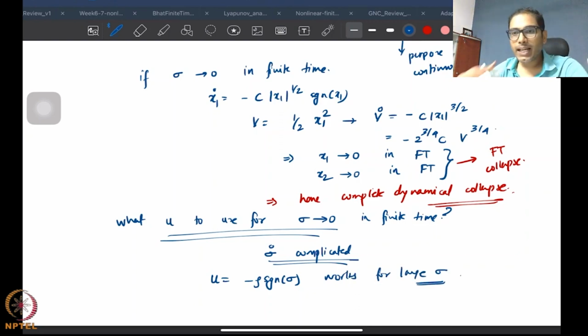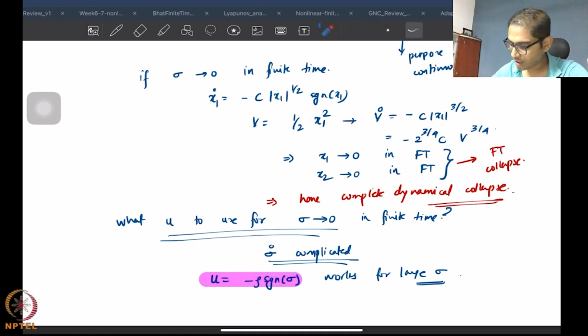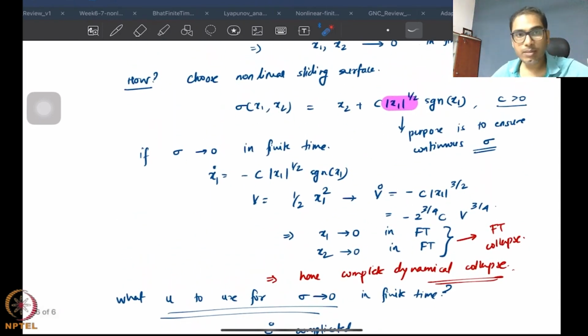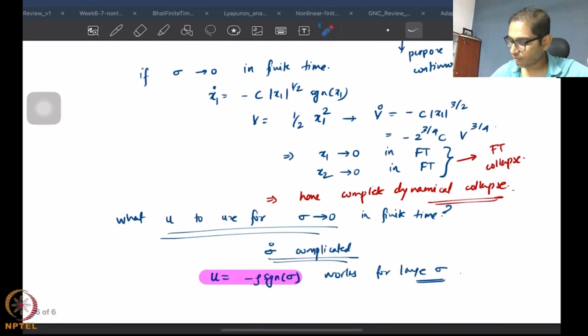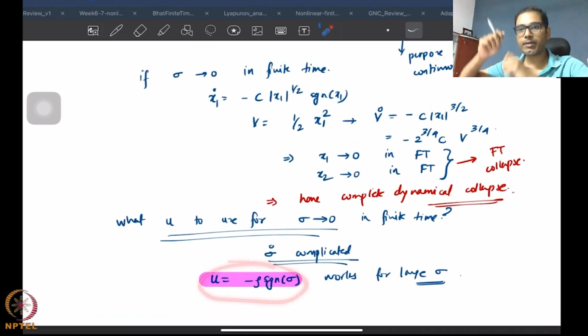But again with a lot of chattering. This control also will have a lot of chattering. Notice that this looks similar to before, but actually it's different because sigma itself is different. Even though you have a non-linear sliding surface, only the sliding surface is non-linear. If you go across it this way or that way, your control is still jumping.